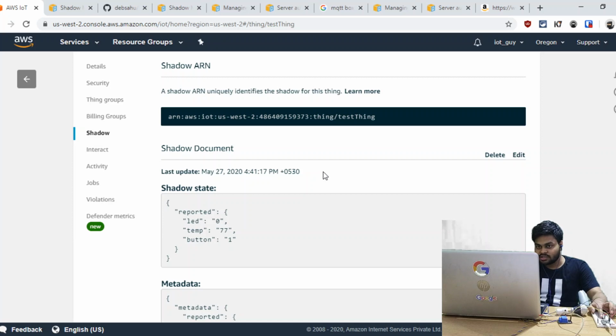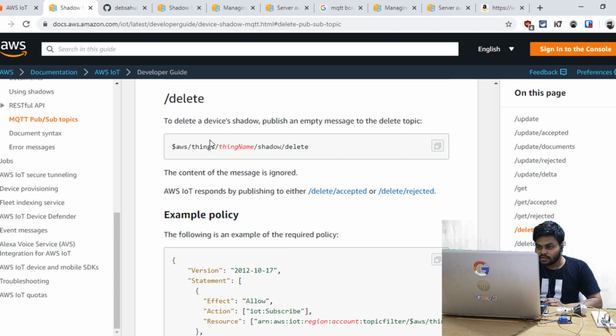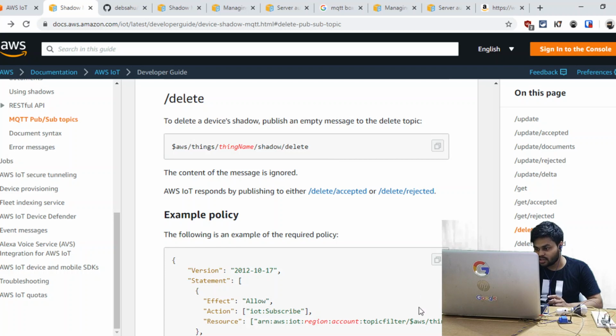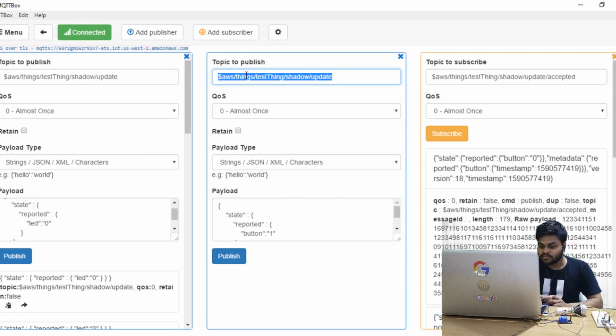If you want to delete the shadow, we need to send a message to this topic. We can do it from our Arduino sketch, or from any device which is connected to the NodeMCU, or we can also do that from the MQTT client.